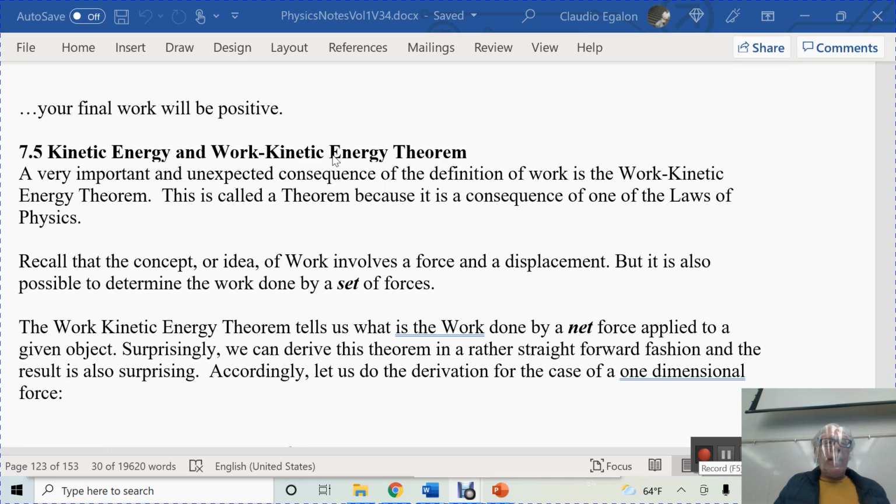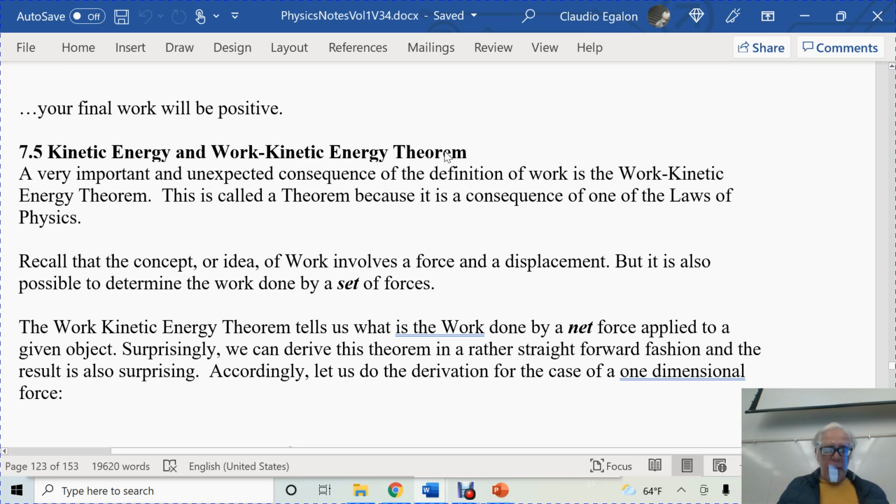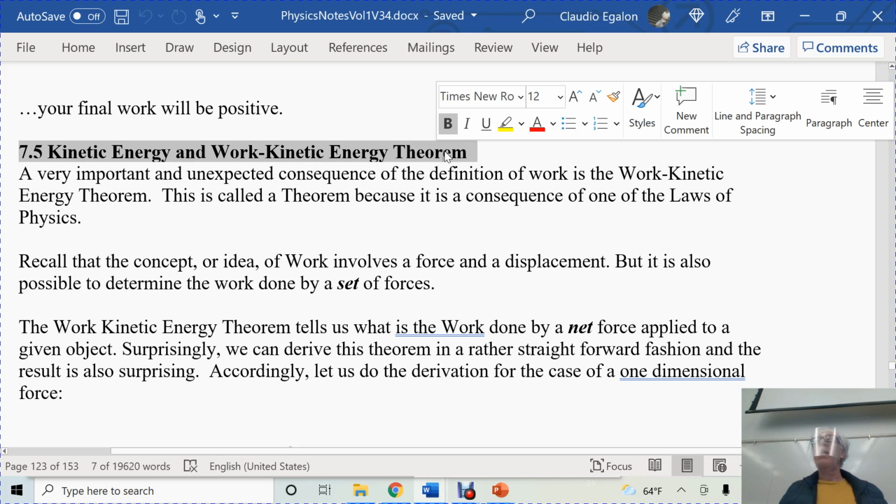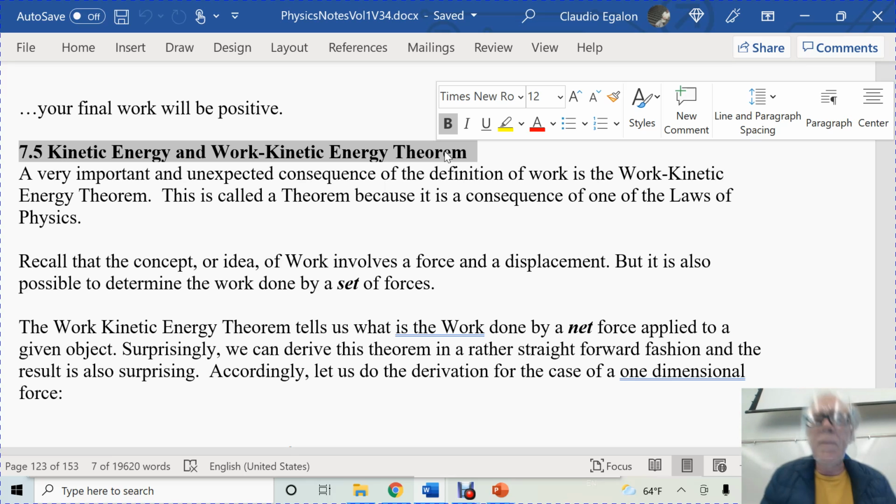Okay, again, we're going to do some derivations, a little bit lengthy, but it's an important derivation. We call it the work-kinetic energy theorem. The key word here is theorem. It's not law, okay? A law is different from a theorem. A theorem is a consequence of something else. A theorem is a consequence of a law in conjunction with a definition. This specific theorem is a consequence of a definition, the definition of work, in conjunction with Newton's second